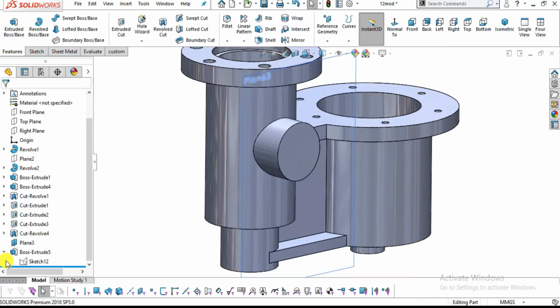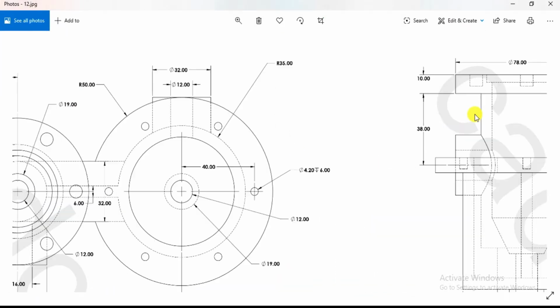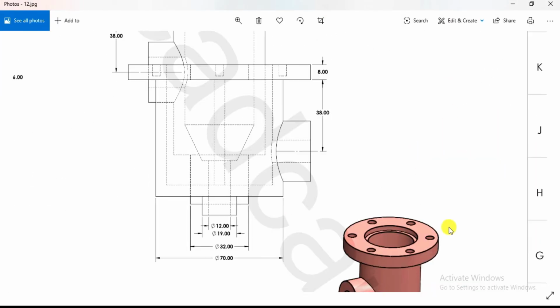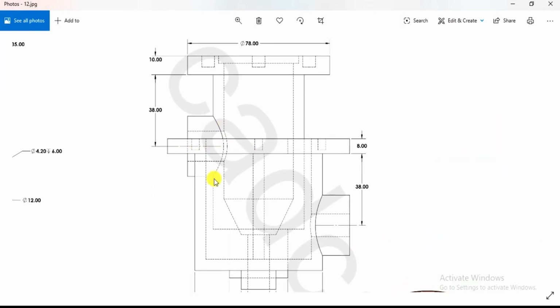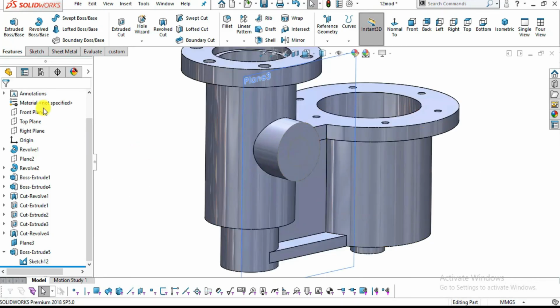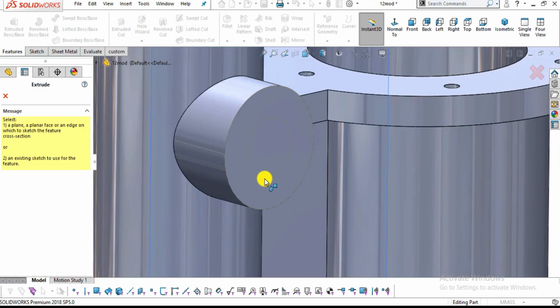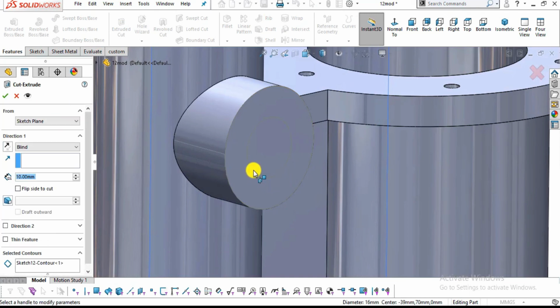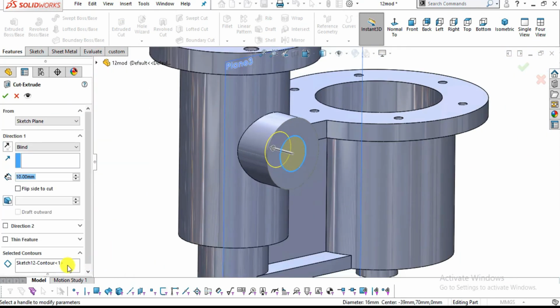Now expand this and make this sketch visible. Now you can see there is a cut of this inner 16 mm up to this body. Now go to extrude cut. Now select this inner one. You can see.